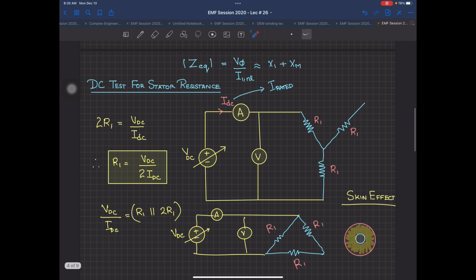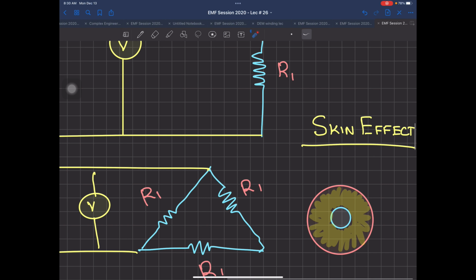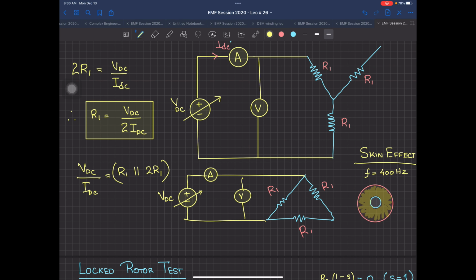Skin effect is actually based on the frequency and it's related to a little bit of physics phenomena. I'm not going to go into that detail at present, but skin effect is very much important, especially when the frequency goes beyond something like 400 hertz. Now you may argue over here that it is a 50 hertz motor, so where will 400 hertz come from? The problem over here is that, I don't know how many of you have heard the word harmonics.